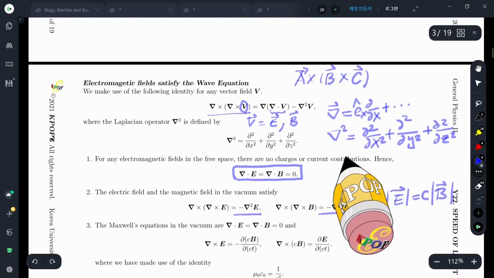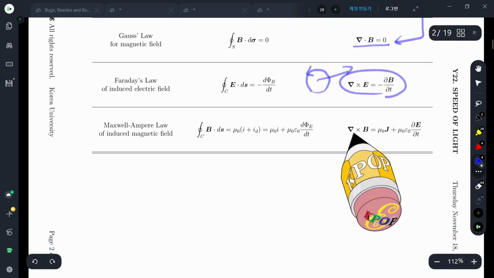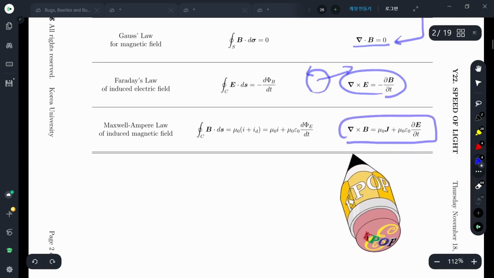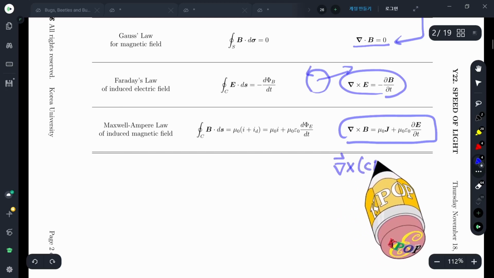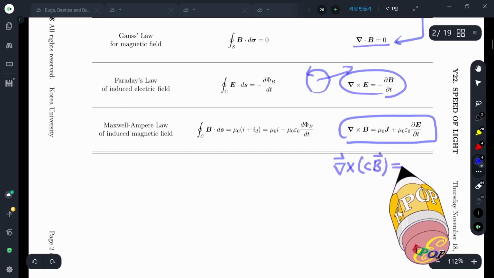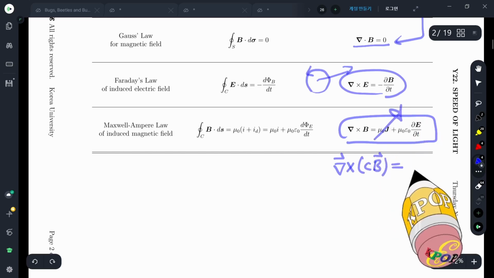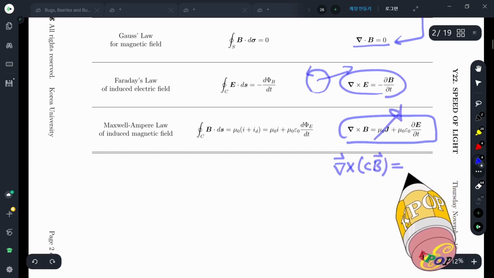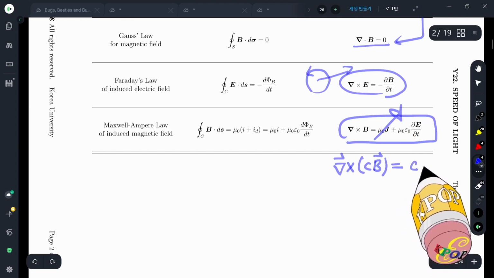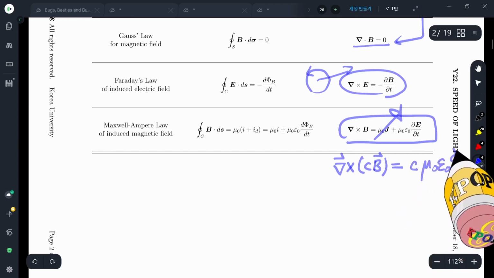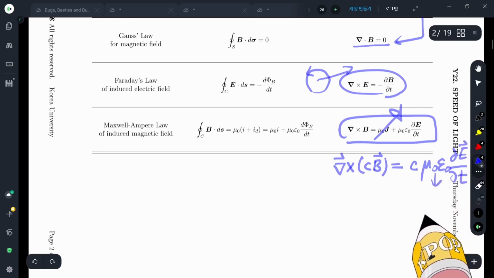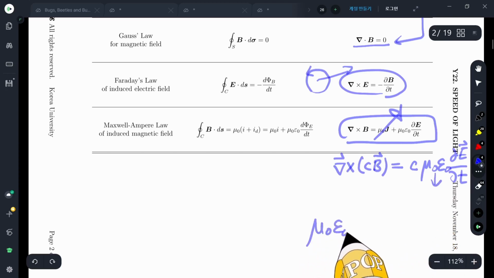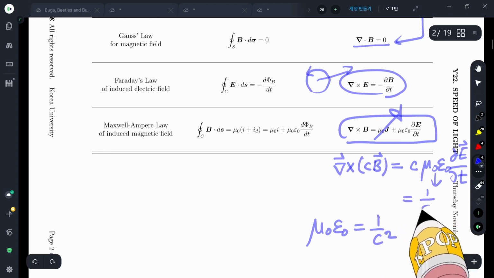Next, Maxwell's law. In Maxwell's law, we multiply c, the speed of light, to the magnetic field. We have vacuum, so the current vanishes, and then we have c, mu 0, epsilon 0, and the time derivative of the electric field. We recall that mu 0 epsilon 0 is 1 over c squared. Hence, the result is